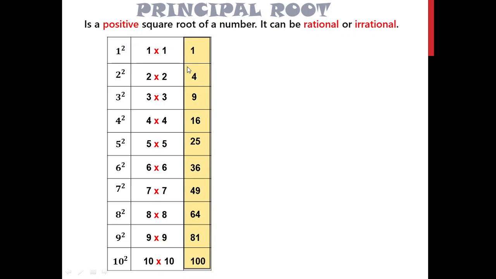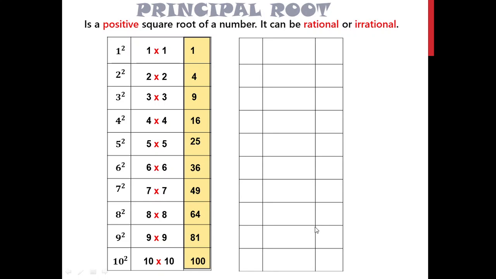Now, all the numbers here are perfect square numbers. Okay, so please remember these numbers. Now, in between 1 and 4, say for example, 2 and 3, 2 and 3 are not perfect square numbers. Therefore, they are irrational numbers. Okay, so only these numbers are perfect square numbers. Now let's go ahead and continue up to 20. And then you can go ahead and make the perfect square numbers from 21 up to 100 if you want to.